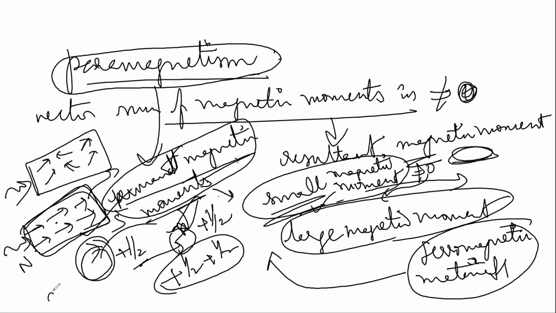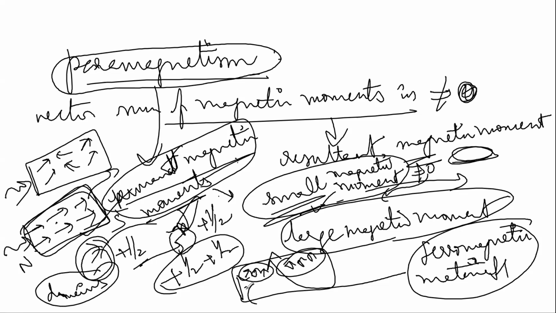Because of this, ferromagnetic materials form some domains. Individual domains form, like all the magnetic dipoles in one direction, and in another direction there will be another set of magnetic moments. These sets are named magnetic domains. Because of this, they exhibit high magnetism. So these types of materials are called ferromagnetic materials. Now let us see the magnetic properties of these three materials one by one.